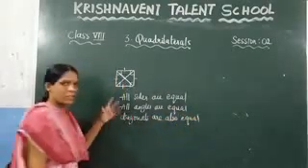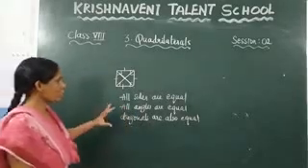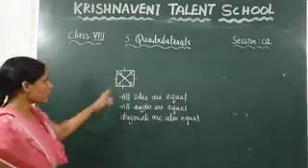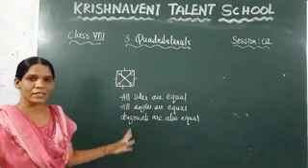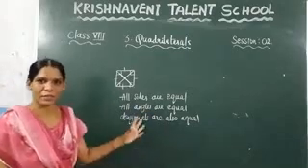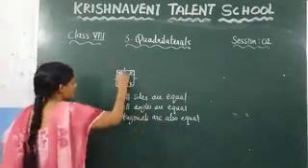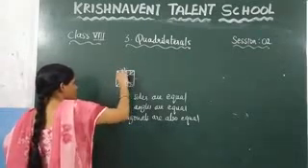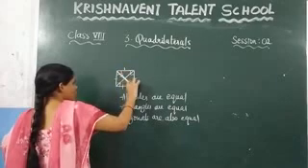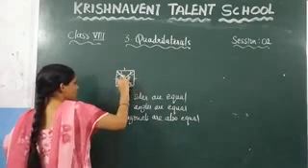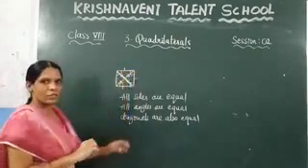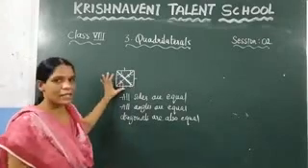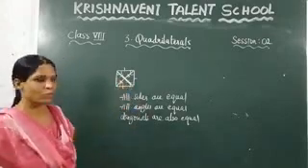And one more property we can observe in the square. What we can observe in the square here is that the diagonals bisect each other. Bisect means dividing into two equal parts, that we call bisecting. So here you can observe that if you see this diagonal, the length of this one is equal to the length of this one, which is nothing but this length is equal to this length. So here in a square, the diagonals bisect each other.